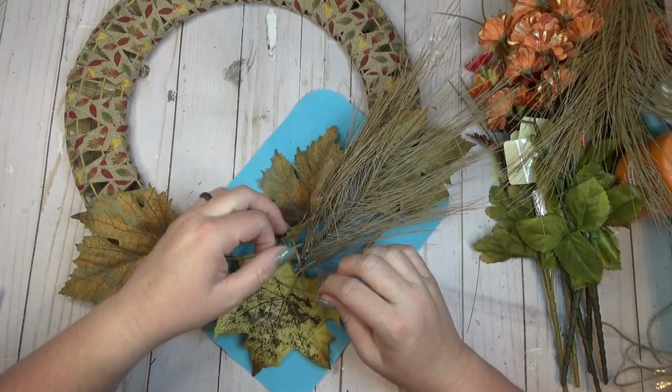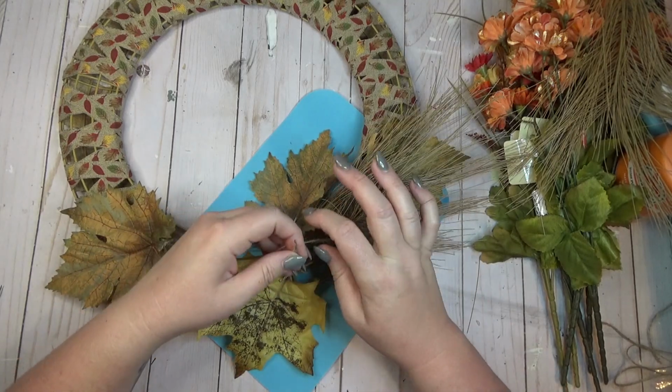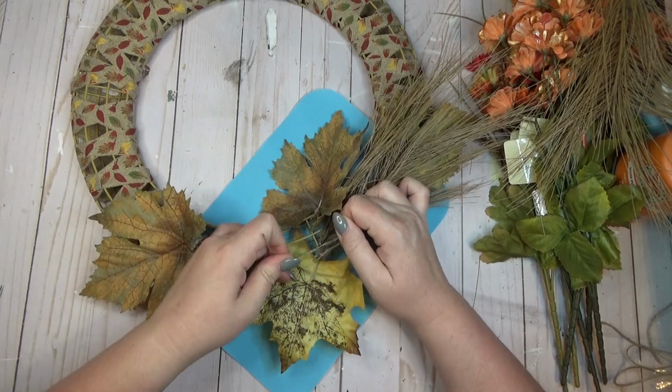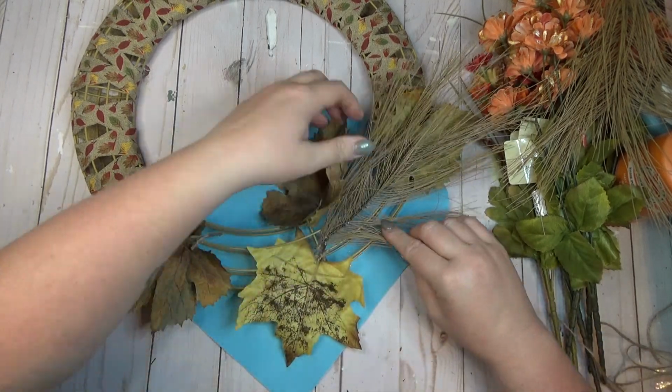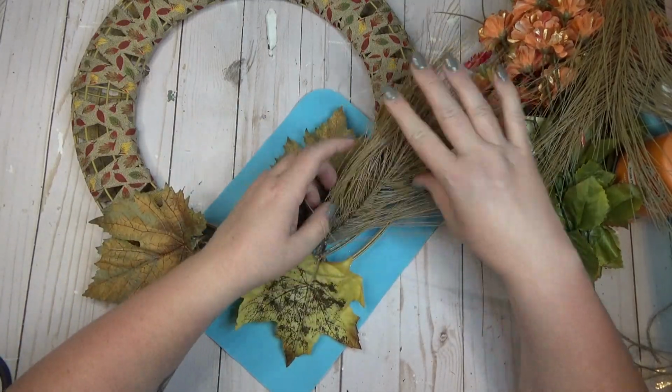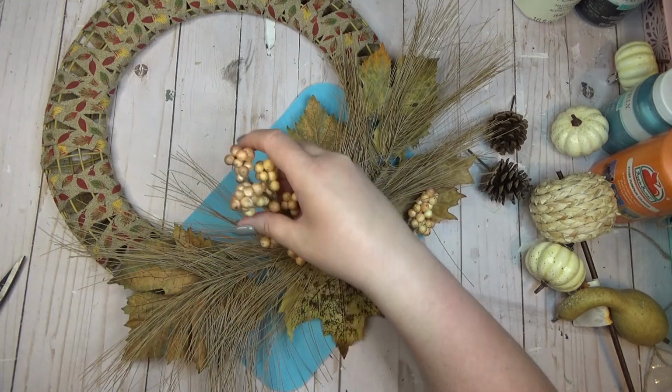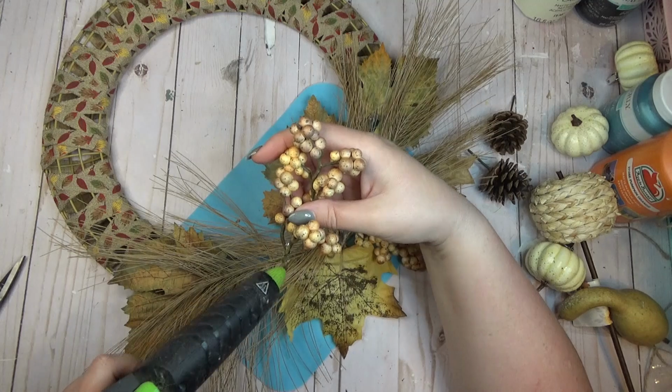You could use floral wire here, but I was afraid that you would see the green floral wire. That was the only color I had on hand. I thought it would stand out a little too much, so that's why I decided to use jute twine instead. After I had my base layer of leaves and grass all tied down to the wreath form,